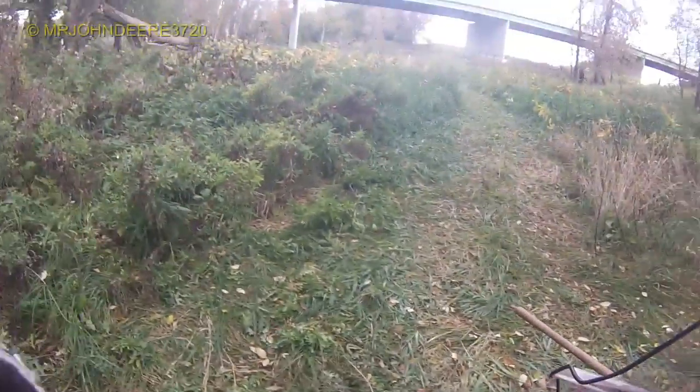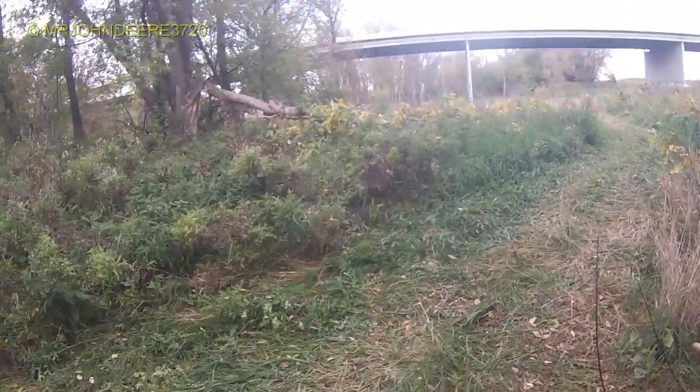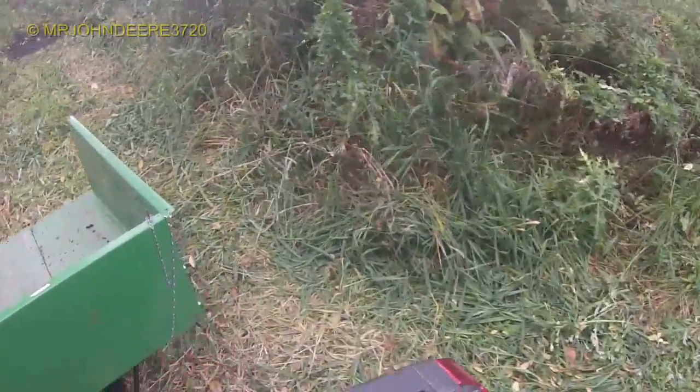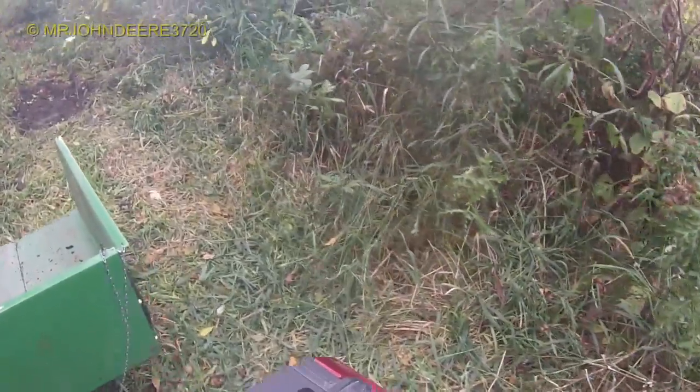Cranked all the way to the right. Just can't save it. Now if this thing was hooked to the John Deere, I'd be able to save it. This is why it takes me so long to get dirt moving here. Probably a little bit too close, but